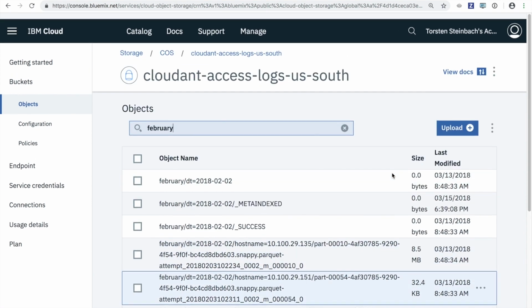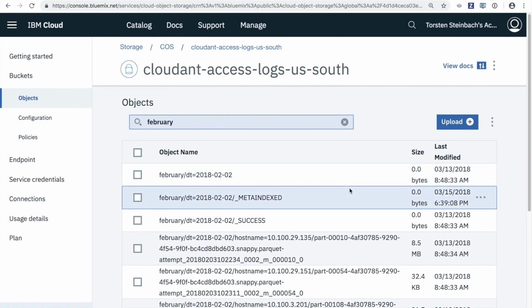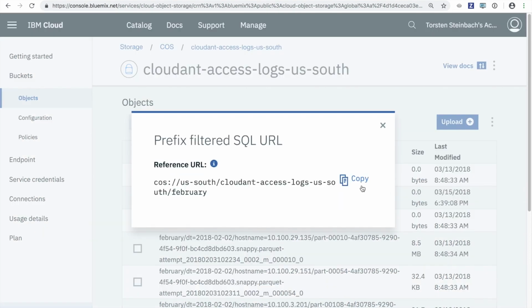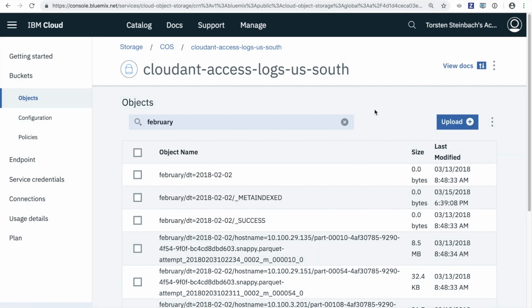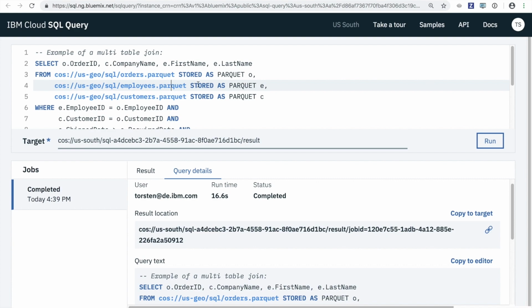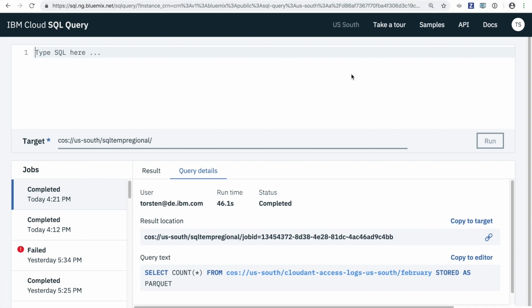And how can I query this data now? It's really complex big data. It's not just a single object. In the object storage UI, I've specified this filter, and I can say, give me a SQL URL for this filtered set of objects. So I can click here, copy it to my clipboard, and go back to one of my SQL UIs here, and I can, for instance, start typing up my select, right? So maybe I want to start with